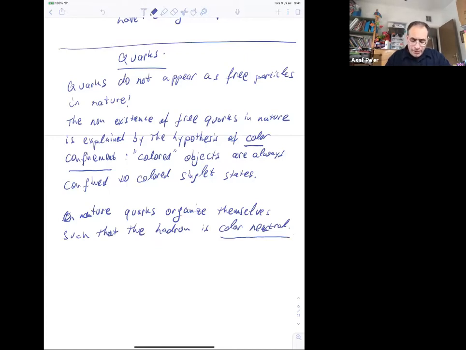Now I mark as a comment that there is currently no analytical proof of the concept of color confinement, but there are numerical proofs called lattice QCD and things like that. The key reason is that the gluons themselves do carry color. So qualitatively, if we try to do it qualitatively, let's say that we have